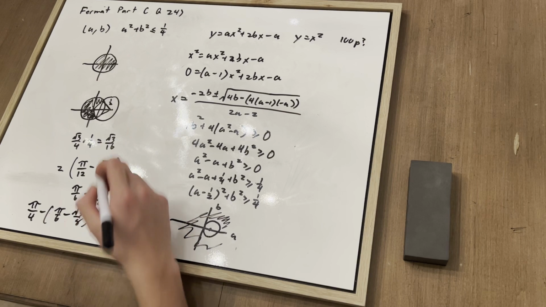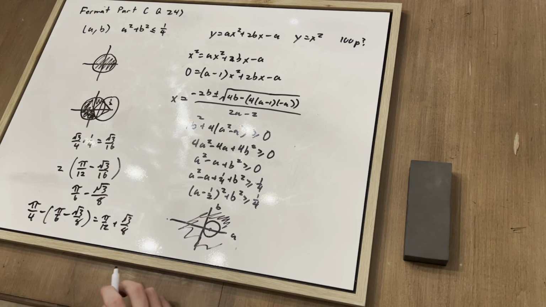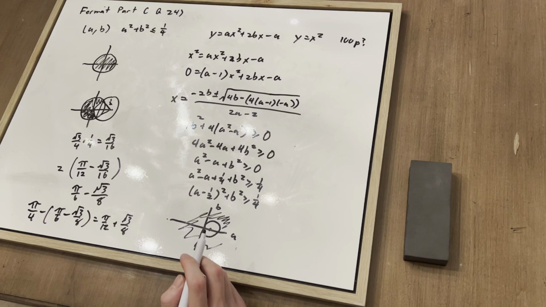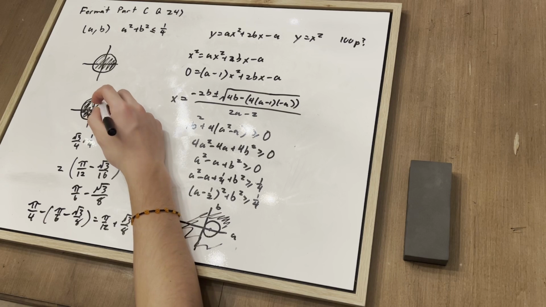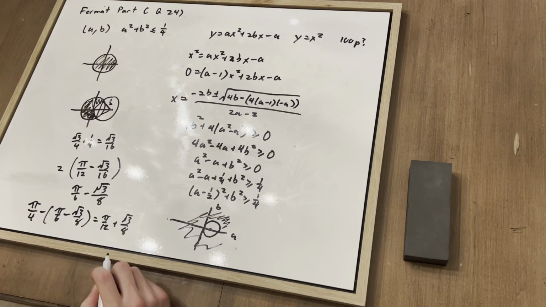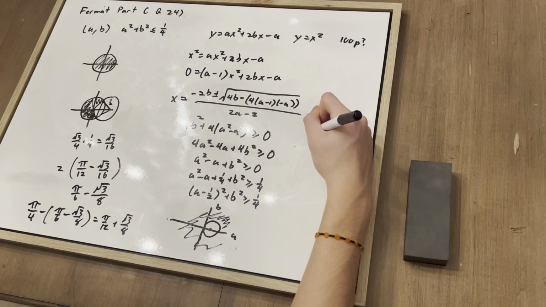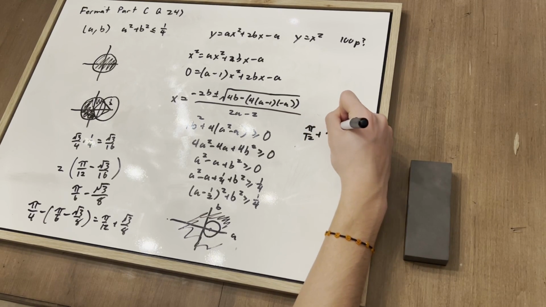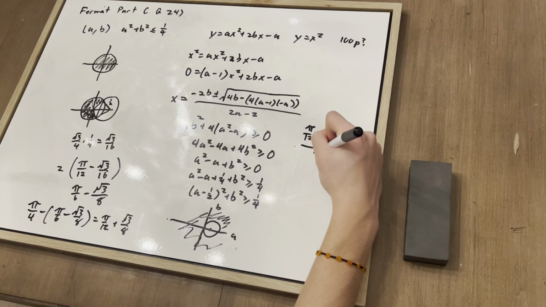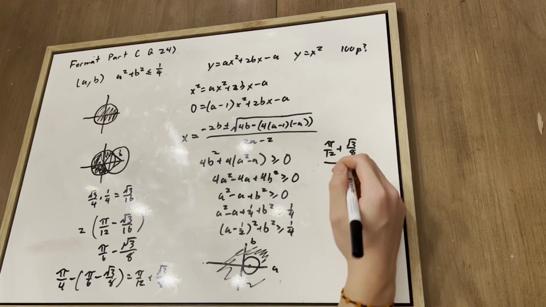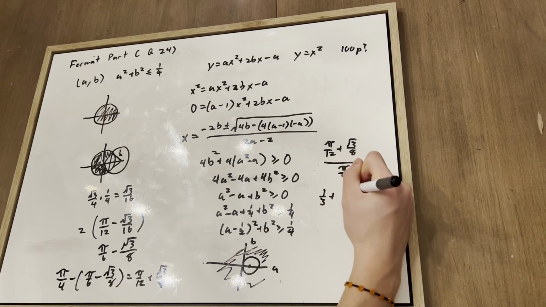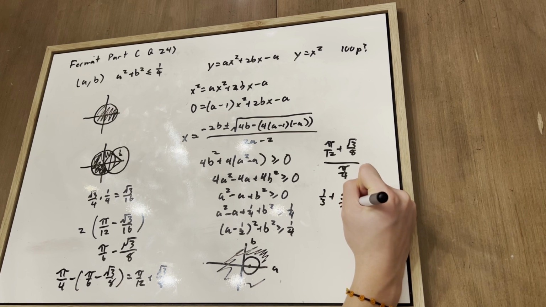However, we're not actually looking for the area of the sector. We're looking for the probability. So then what we can do is have this as a classic case of geometric probability and divide it by the entire space of the possible values of a and b, which is equal to pi over 4. So all we do is take pi over 12 plus square root of 3 over 8 and divide by pi over 4. Simplifying this, we will get 1 over 3 plus square root of 3 over 2 pi,